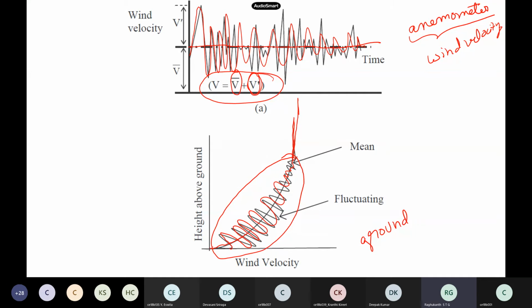Very close to the ground, it is because of surface friction with the earth's surface and other things. So the wind speed reduces, but as the height keeps increasing, it increases. So this portion is where our surface topography or the friction of the earth's surface influences the wind. Sometimes there is a technical term for this. What do you call this layer? Does any of you have any idea?